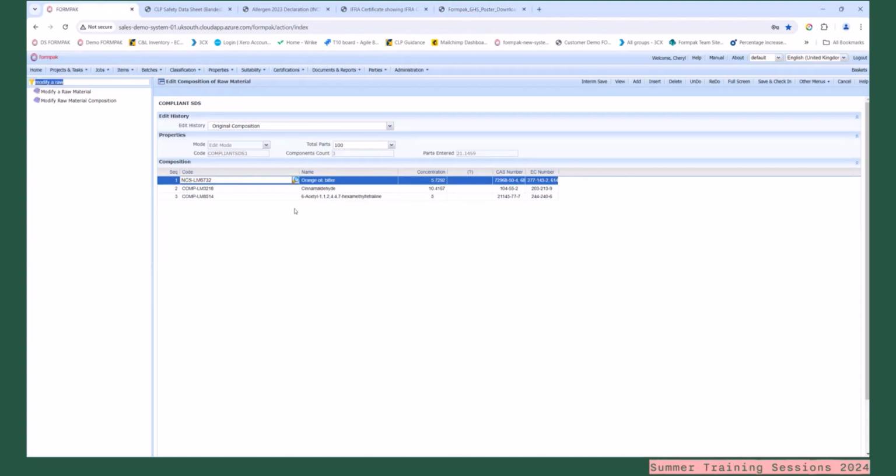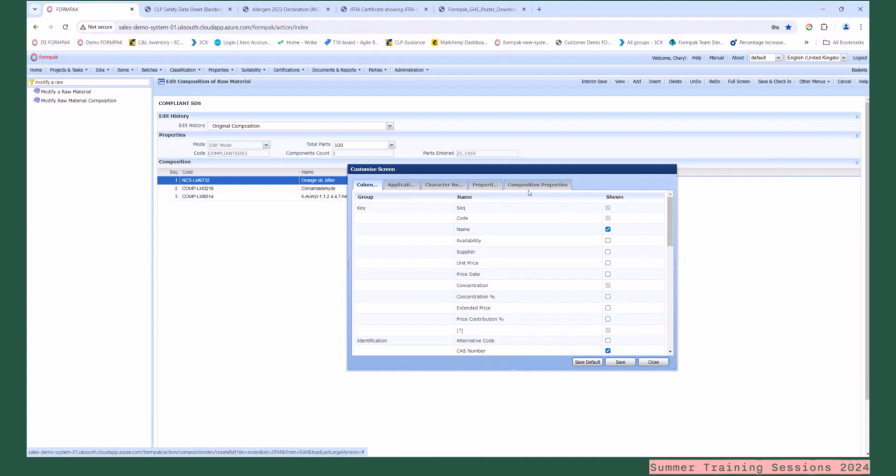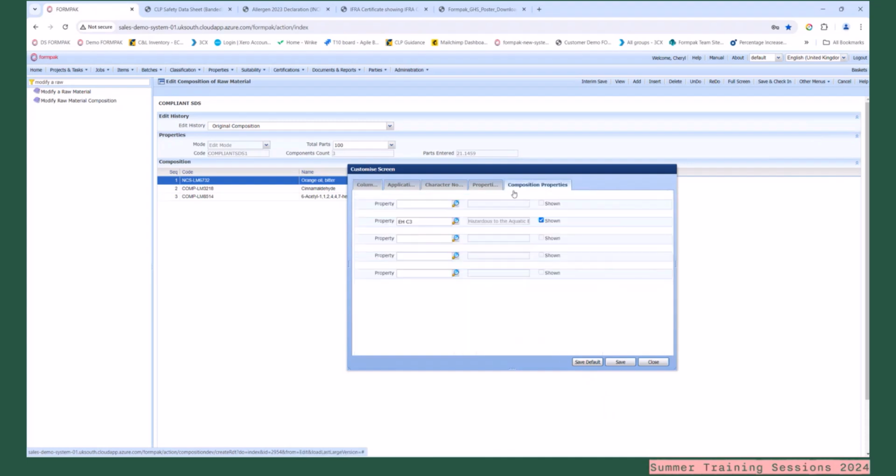Okay. So what we can do now is customize our screen because we want to reduce the concentration amount of the pixelide so it matches our supplier safety data sheet. So we're going to add some properties into our composition tab to make it a bit easier for us. So if we go into other menus and select customize screen, select the composition properties, and what we're going to do is add